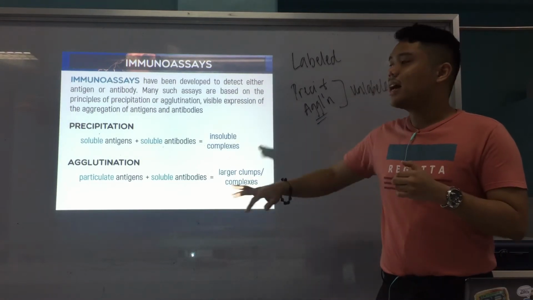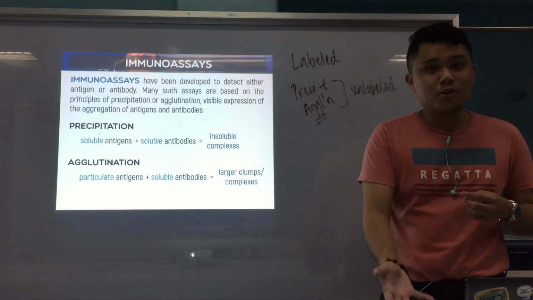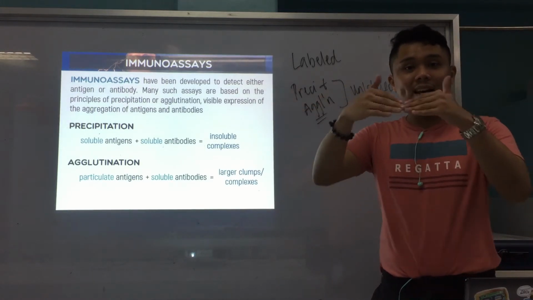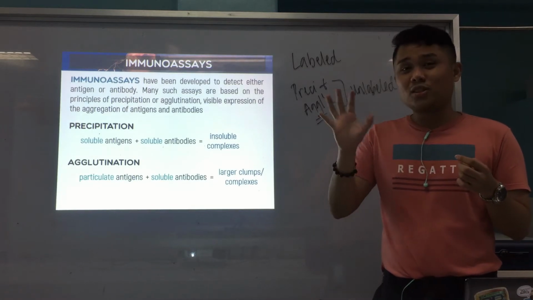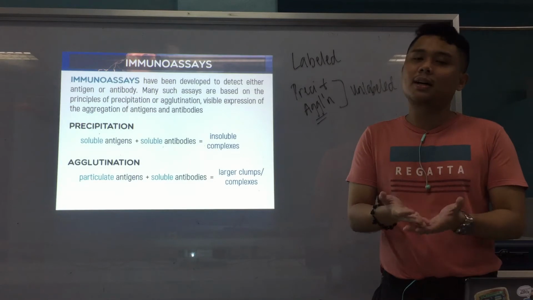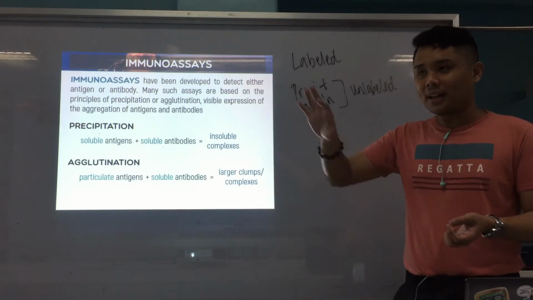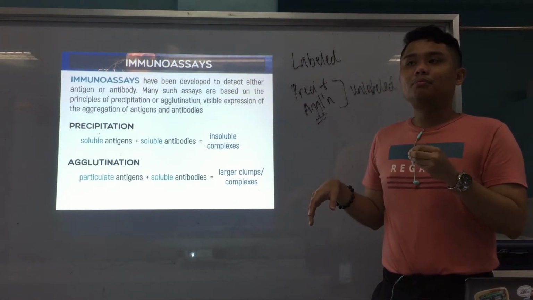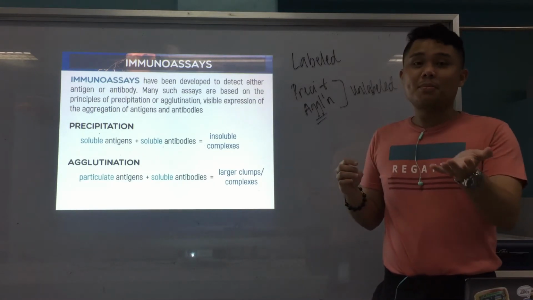So what we do is put the reaction in, for example, agarose or agar gel, so that we can see the precipitin line or the precipitation that happens. Again, because they are soluble. So for the reaction to be seen by the naked eye, we put it in agarose or agar gel. We'll discuss that later. But for agglutination, it's not necessary to use agarose or agar gel.